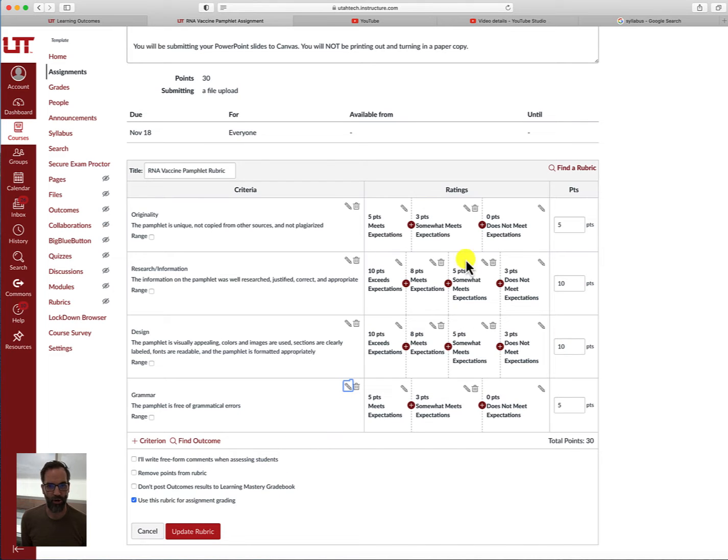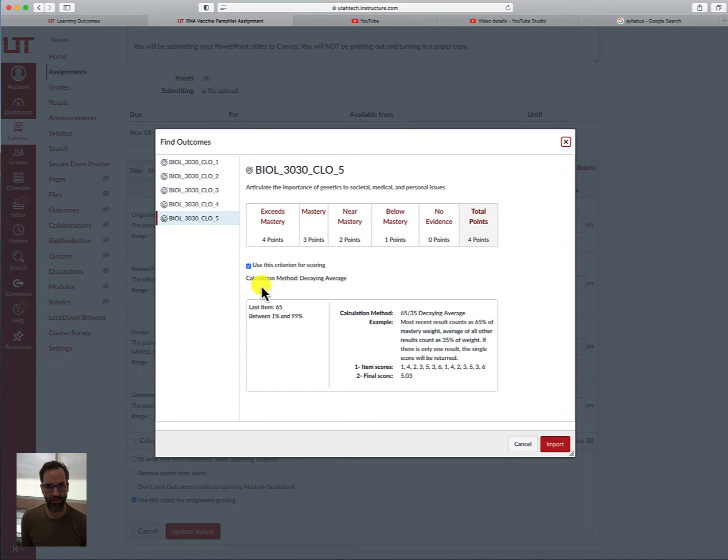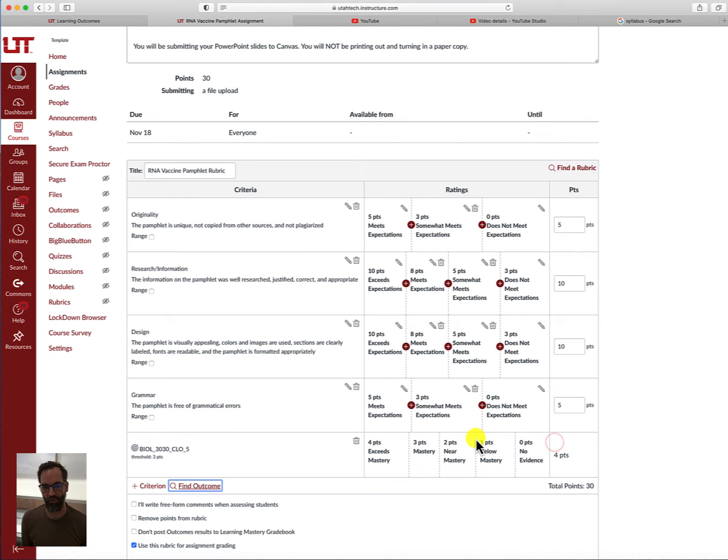So here I'm going to go back. So I just deleted that outcome, the Likert scale. I'm going to go back, and now I'm still on CLO 5. I'm going to uncheck the box that says use this criterion for scoring, and when I import that, you will